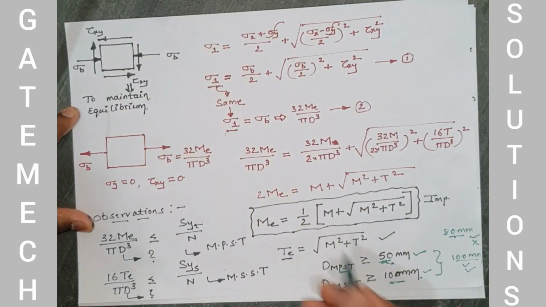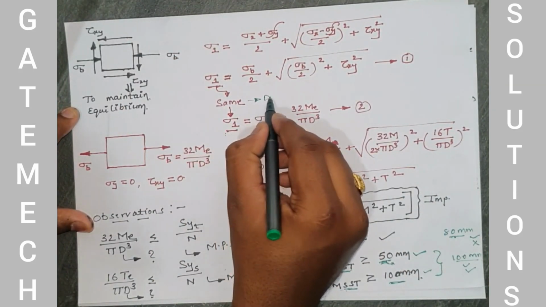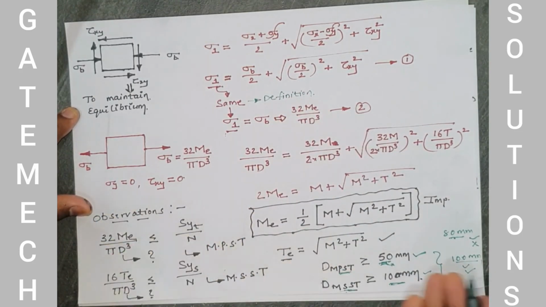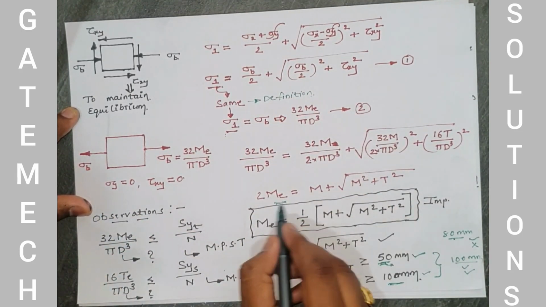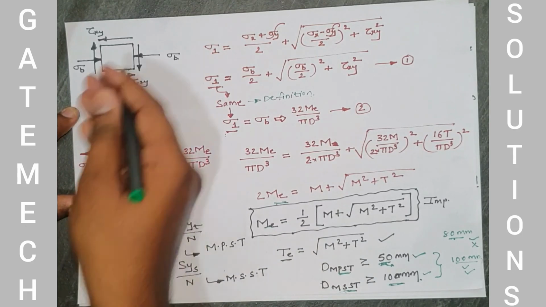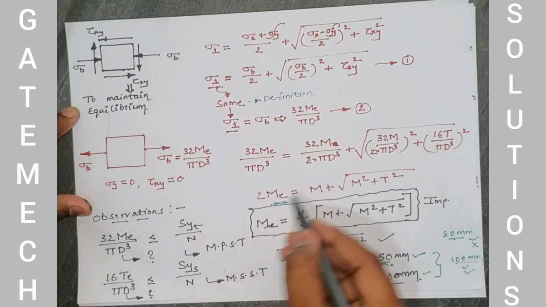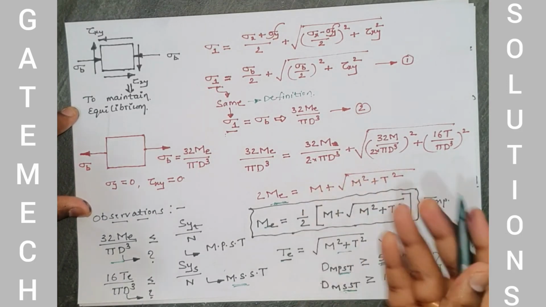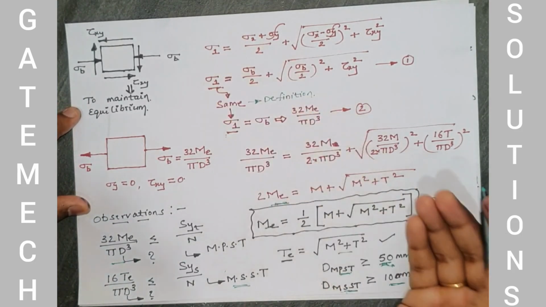These are the state of stress diagrams and the definition. The definition is also very important. According to the definition we proved it now. These are the observations. What is the use of that ME? This is the basic use of ME. No need to apply this total concept. Directly we can calculate ME and substitute in MPST to calculate the same diameter. No need to apply this entire analysis. Directly calculate TE by using this formula and apply MSST, and we calculate the same diameter. So that will be the basic use of the equivalent bending moment and twisting moment concept.